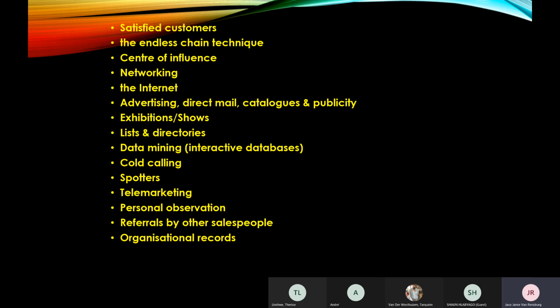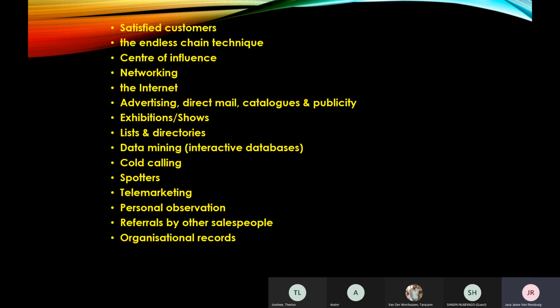Lists and directories, Compass. I've told you that's one of the business directories that's very valuable, because it gives you information on all the staff and board of directors and the history of businesses, and it's done industry by industry. Data mining,